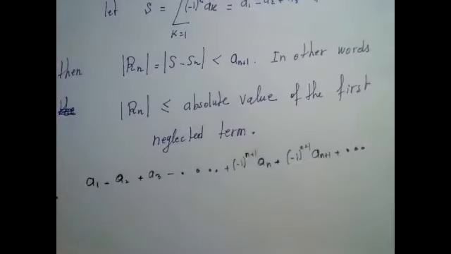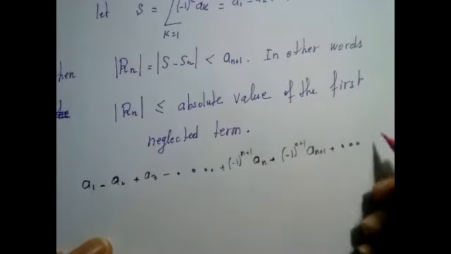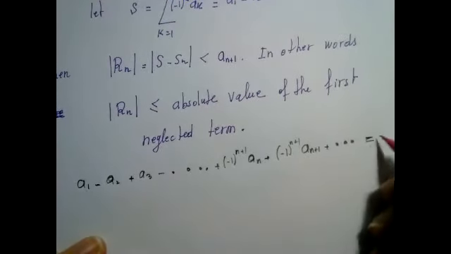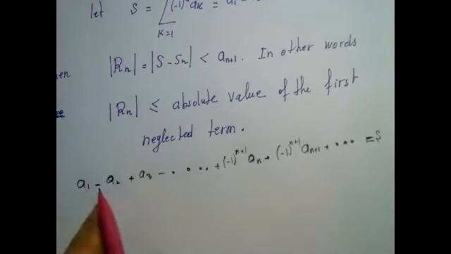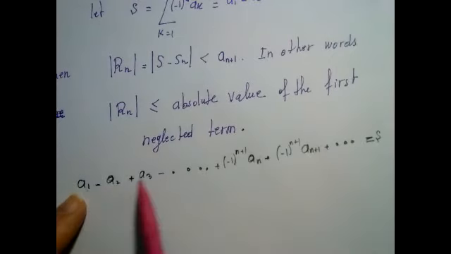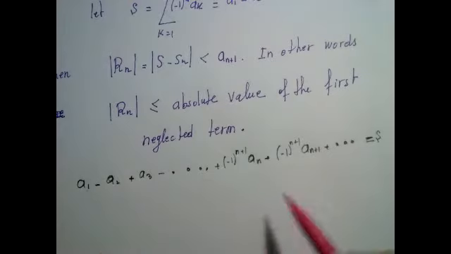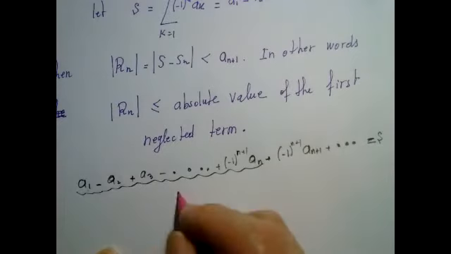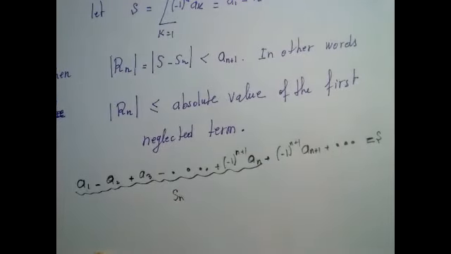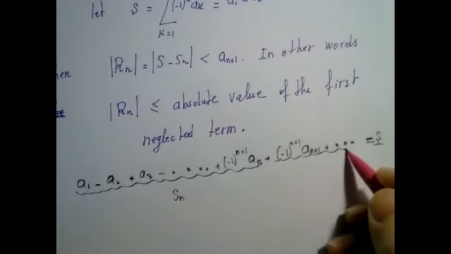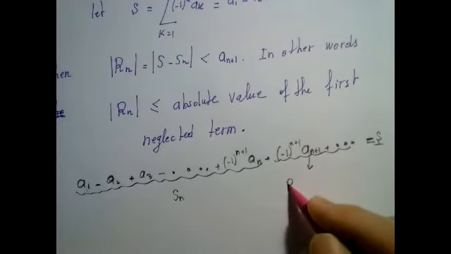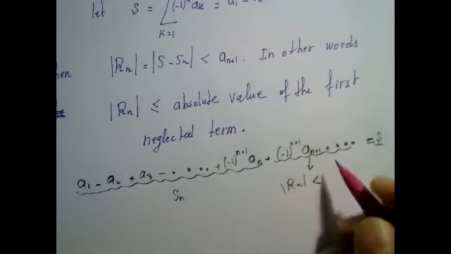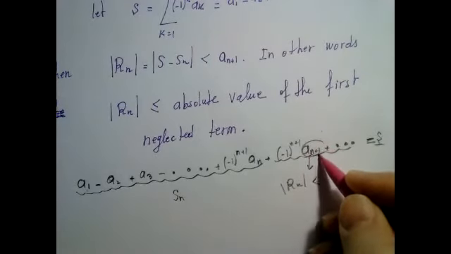So let's see what this means. It means if I have an alternating series where all the conditions are satisfied, the a_n go to 0 and those are decreasing, a_1 larger than a_2. Then if I use the first n terms, this is S_n, to estimate the whole sum, there is of course a certain part that I didn't take. This remainder here, in absolute value, is actually less than the first term we neglect in